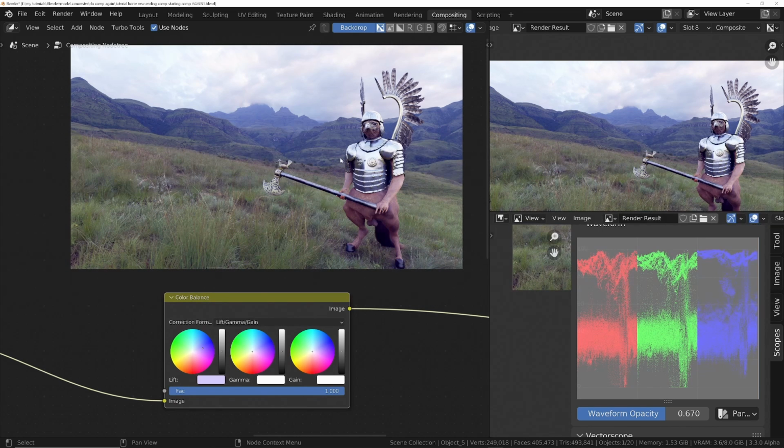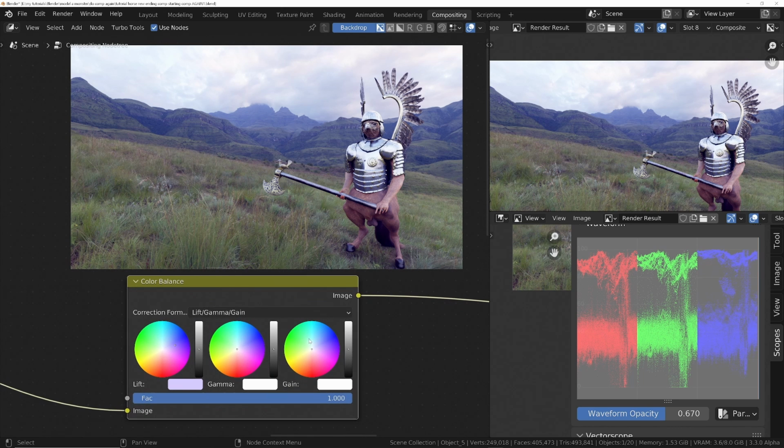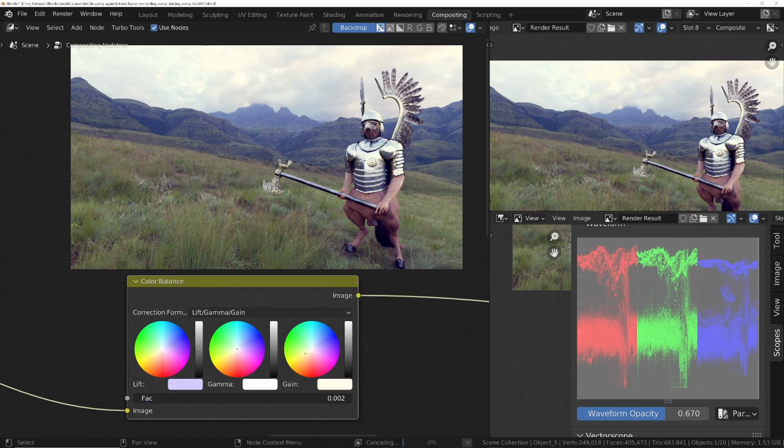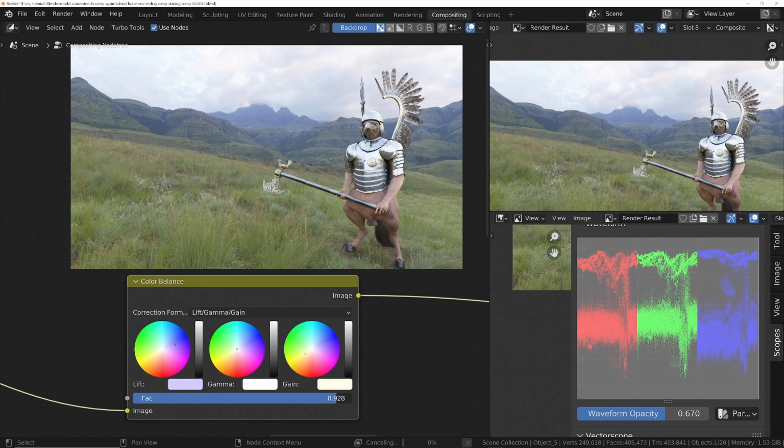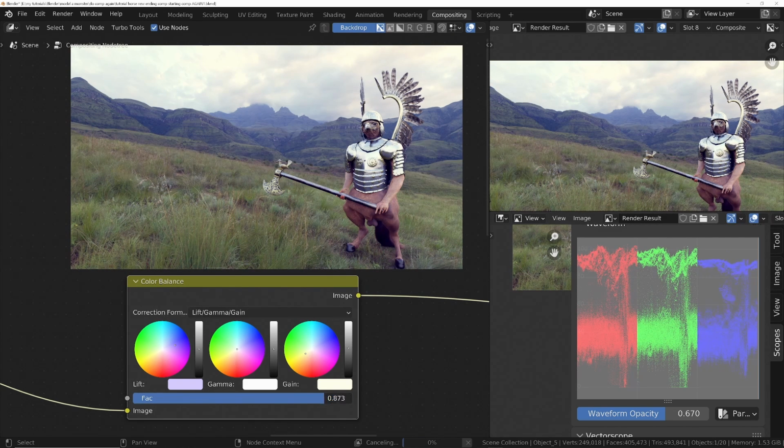And what you would usually do is balance this out now by going in the opposite direction on the light areas. So you notice we've got lift, gamma, and gain. So lift again is the dark areas, gamma is the mid-range, and gain is the white. So now we'll bring the gain to the opposite of the blue, which is yellow. That's going to balance that out. So I'll bring that somewhere about there. And then you can control the amount using the factor. So that's before, that's after. Probably go somewhere